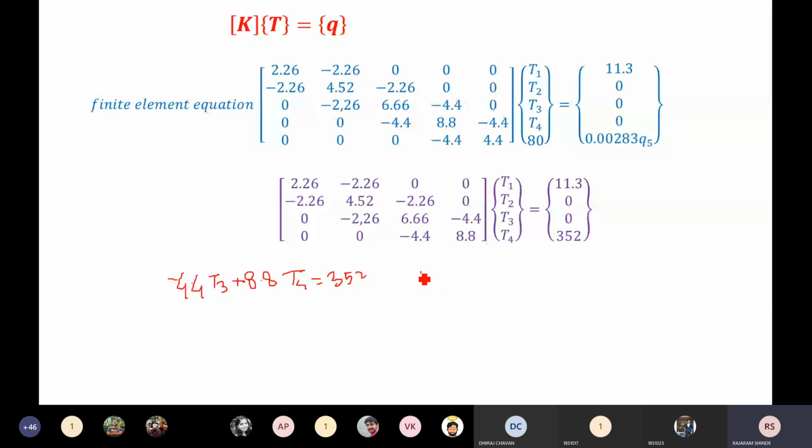Now here T4 equal to 352 minus 4.4 T3 divided by 8.8. Now when we solve this, when we divide by 8.8,